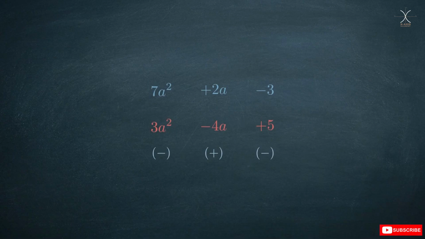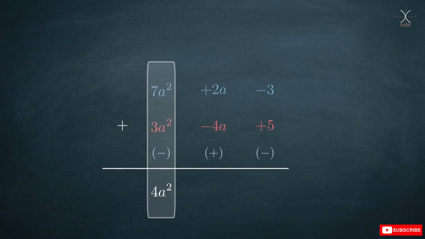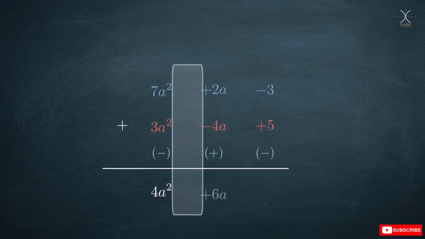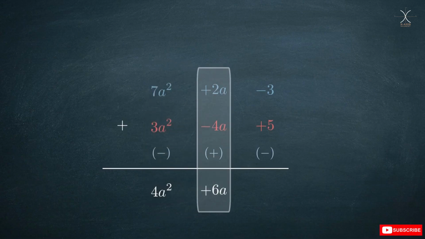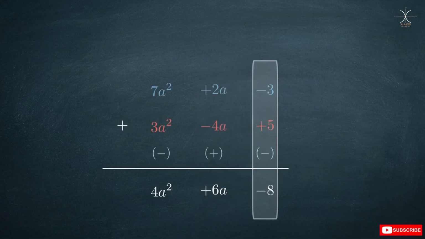We place the second expression on top and align the terms into matching columns. Now we apply the sign flip rule by writing our new inverted signs underneath the bottom row. Now we just add vertically. 7 minus 3 is 4a squared, 2 plus 4 is 6a, and negative 3 combined with negative 5 gives us